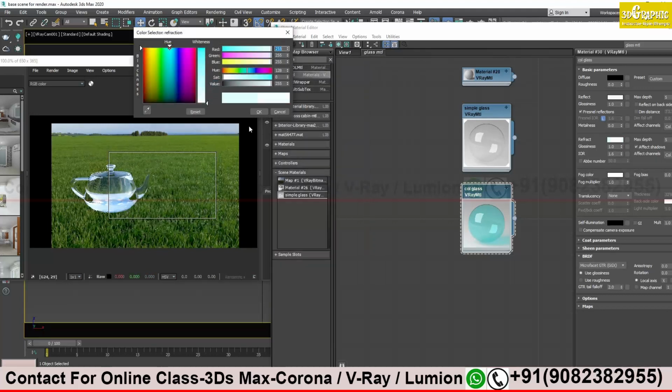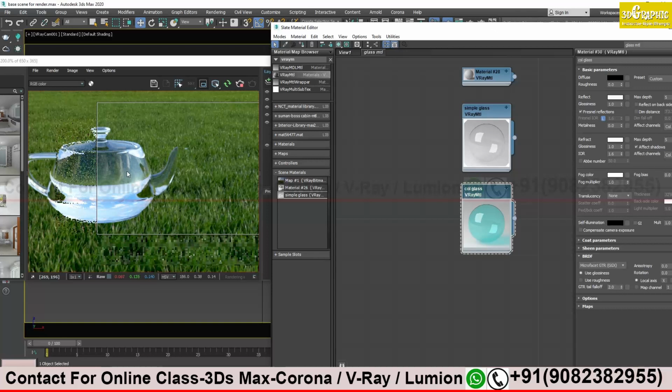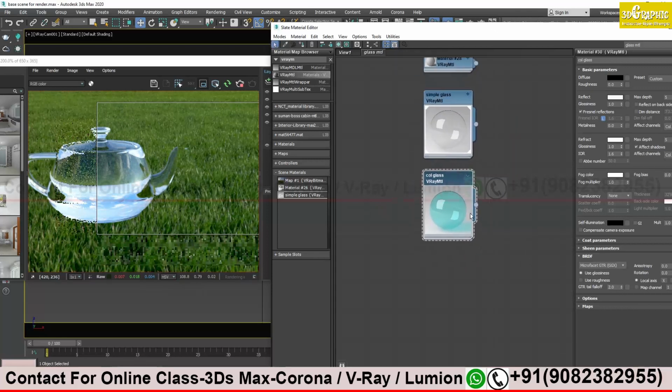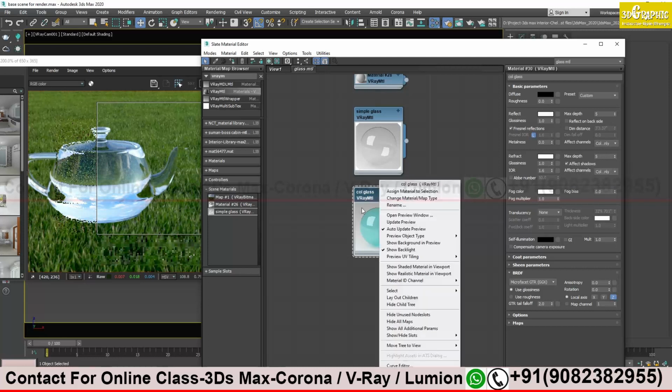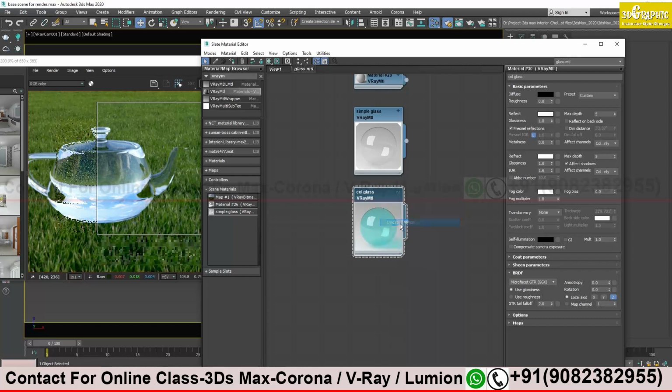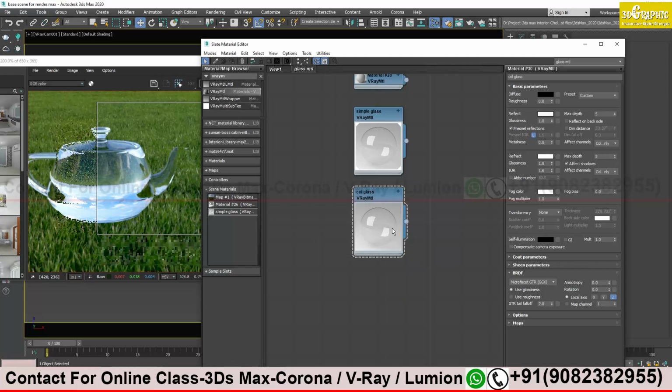Just change to white. You see a little bit of blue tint is there. You see, this is not updating. I made the reflection white but it is still blue. I don't know, some problem is happening with this. I change my color to white, it should come white, no? When I right click and update preview, then it's coming white. Fine. So don't worry, it's my system. Just focus on the steps that I'm doing.